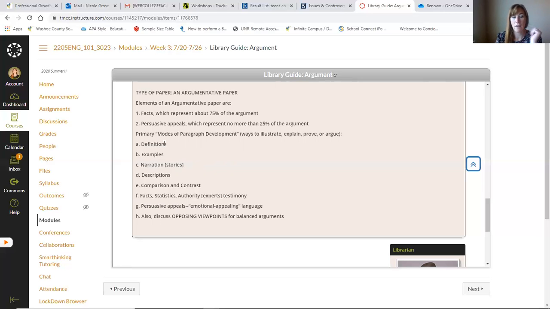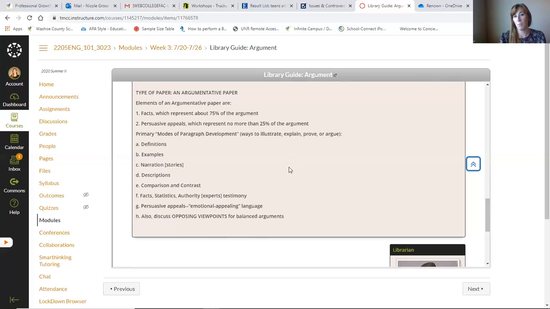You can do that through definition, through example, through narrative. There's a reason why we started off with narratives, because I told you, in real life, that's what we do. We tell stories. We learn through example. We talk through example. We communicate through example. Good descriptions, compare and contrast, facts, statistics, expert testimony, those persuasive appeals, and then always, always, always discuss at least